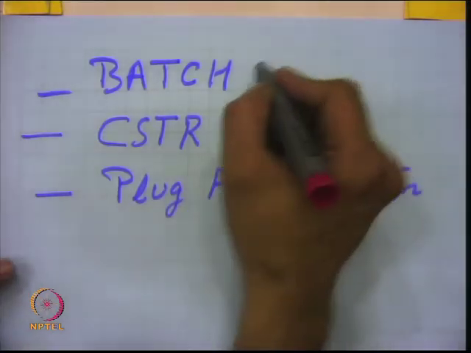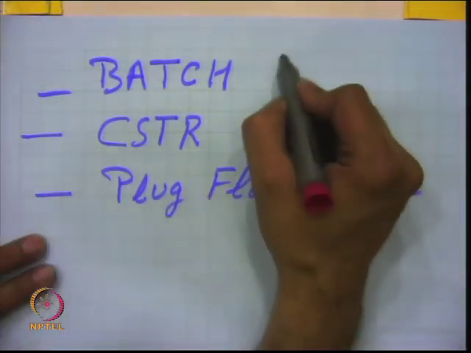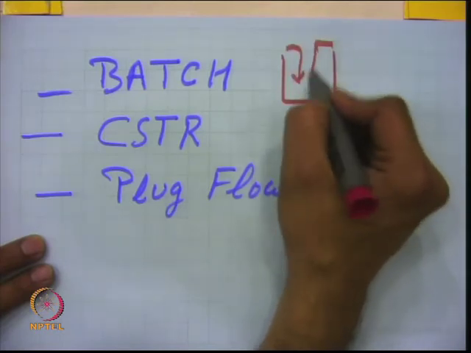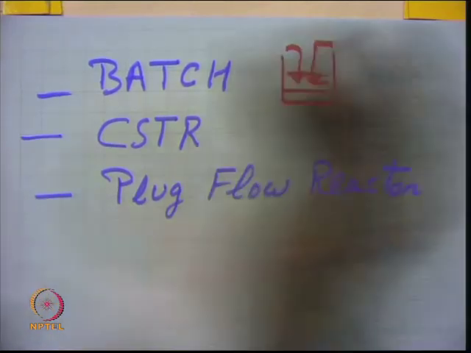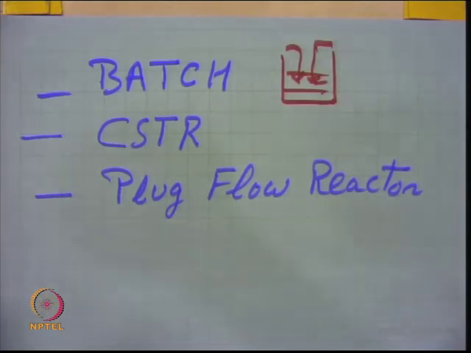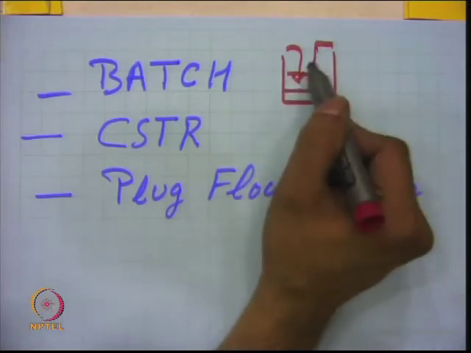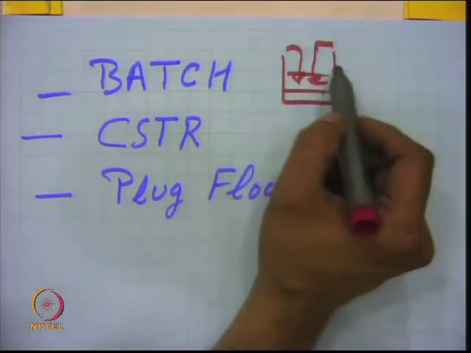So, batch is a kind of unsteady state operation, where, just to give you the basic idea, you have added your reactant mixture here and then you wait for a certain time depending upon the reaction. It may be slow, it may be fast. Most of the enzyme type reactions, enzymatic bio fermentation reactions, are generally done in batch reactors, right, and small scale industry also uses this kind of reactor.